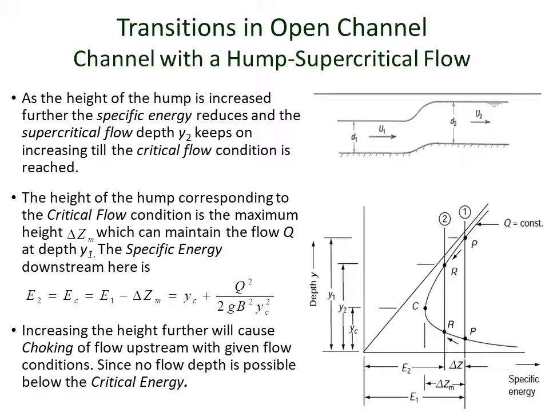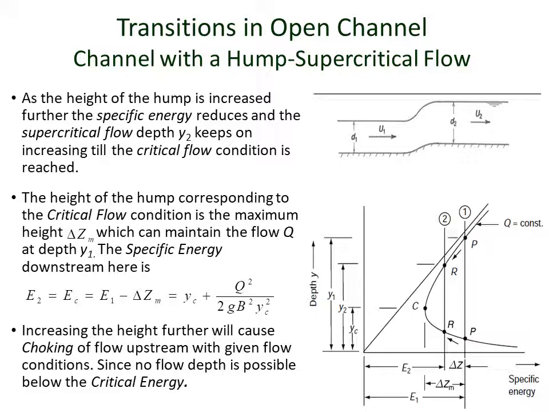The height of the hump corresponding to the critical flow condition is the maximum height delta Zm, which can maintain the flow with the given upstream conditions, and the specific energy for the maximum possible hump height, or delta Zm here, is capital E2, which equals EC, which equals YC plus Q square by 2G B